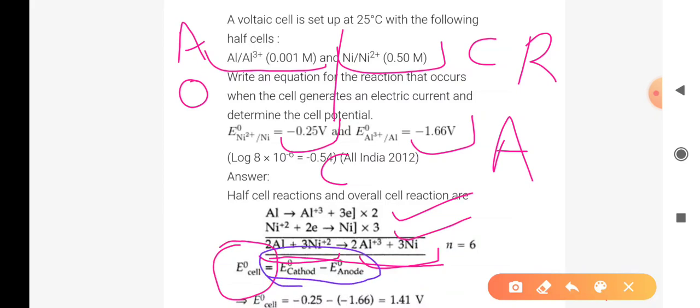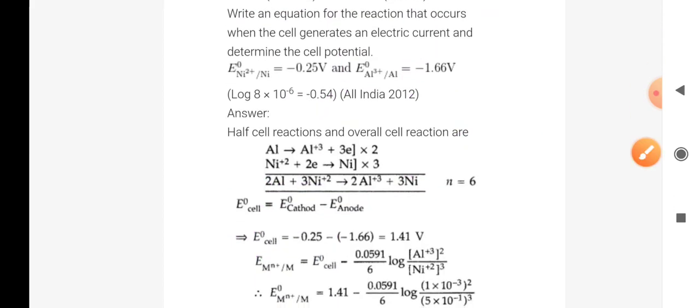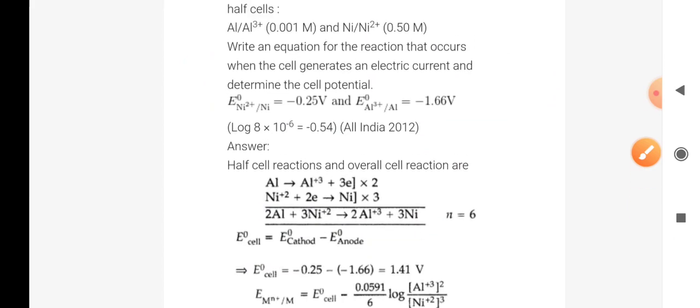Now which one is the cathode? The nickel electrode is the cathode, with minus 0.25. We will write this value. Then the anode value we will write, and then we will calculate and we get the value of E node cell. After that, what do we have to do? We have to write the Nernst equation. In the Nernst equation, first you write the general equation, that is E cell is equal to E node cell minus